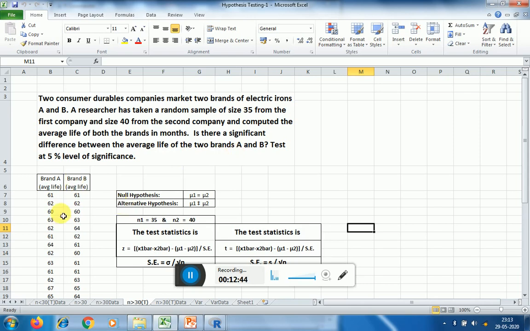So here the average life of brand A and the average life of brand B is listed. We are testing the null hypothesis mu1 equals mu2, and the alternative hypothesis is mu1 not equal to mu2.